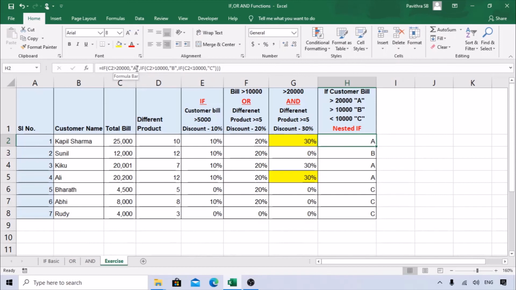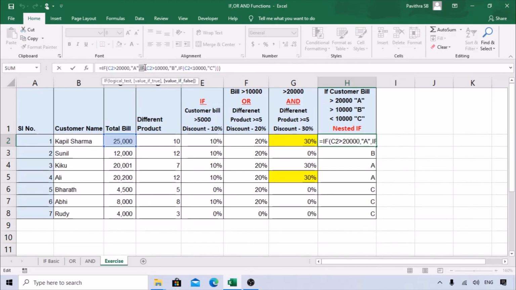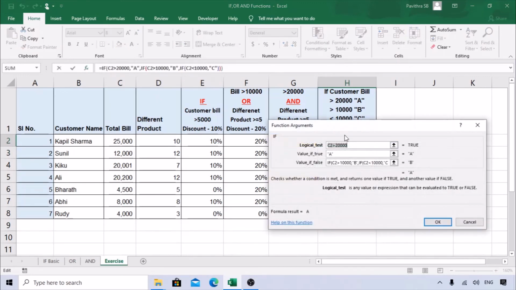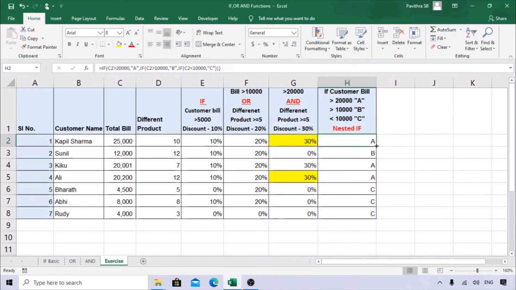The only thing is, after true, again if you are starting, for false you need to start with the IF function for the new category. Again true, you have given it as B. Again false, you start with the IF function for the other category. So it looks tricky, but if you use it correctly, you know the criteria are only 3. One is the logical test, true or false. Then you are able to get the answer.